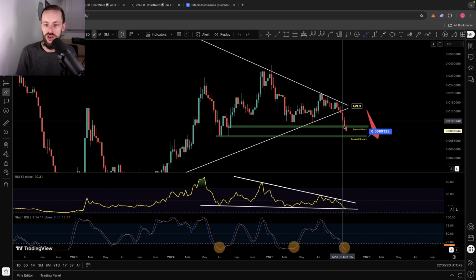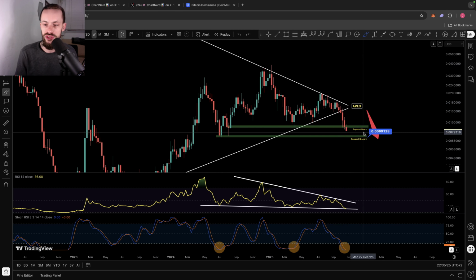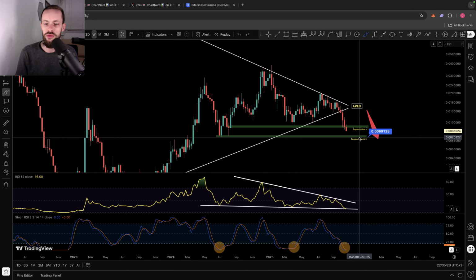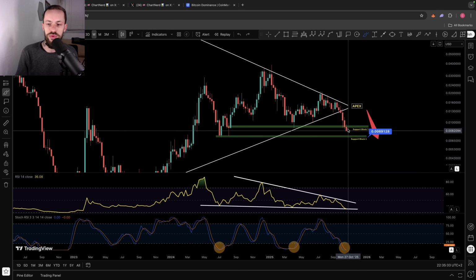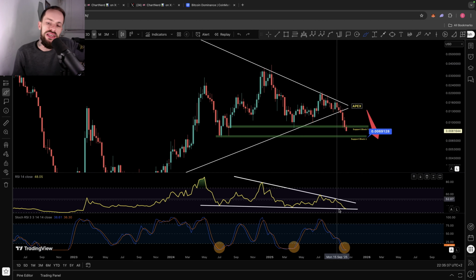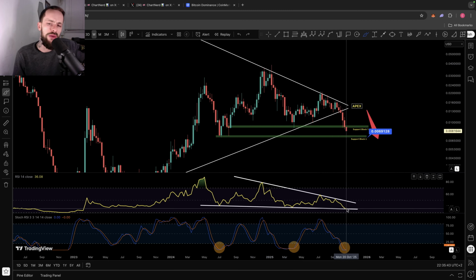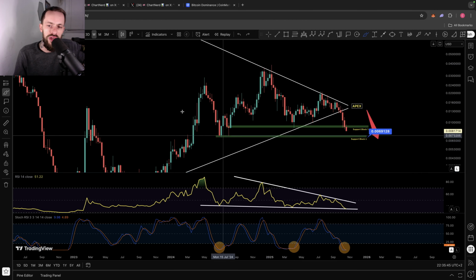So we essentially lost the apex, we lost the level of support, and right now we are also losing support block 1 at 0.009, which means that we are ultimately looking for 0.006 if we fail to close above support block 1. Now, in the meantime, the RSI is creating lower lows here. Okay, so you've got lower lows in the RSI, but at the same time, we are also in the chart